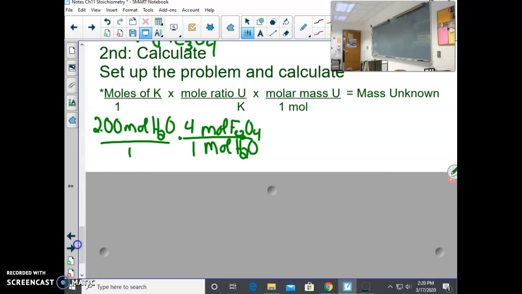Just checking to see that you're awake. 1 mole of black iron oxide and 4 moles of water times our molar mass, which is 1 mole of black iron oxide over